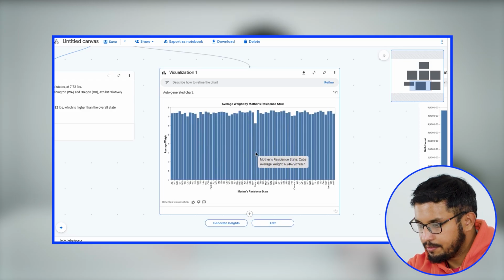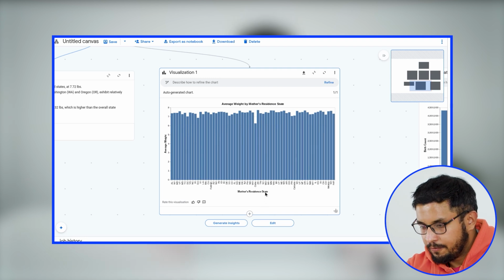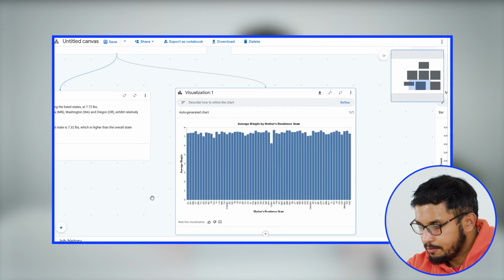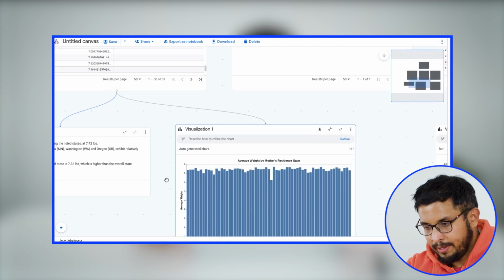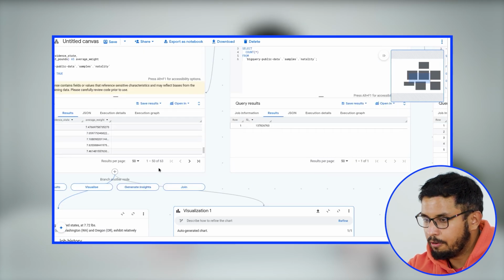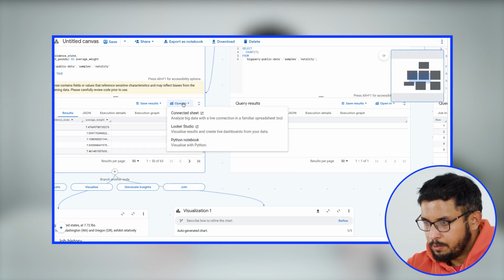You can even visualize with the AI. The AI will recommend the chart for you, and you have it visualized there. You can even generate insights based off of this. But that's quite complex. We can get more complex than this, but I think up to this point it proves our point here. So now what we're going to do is export this as a